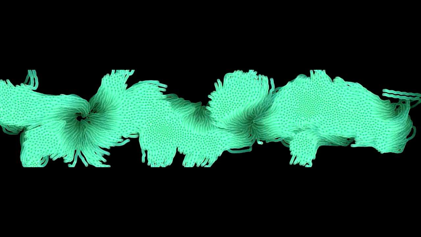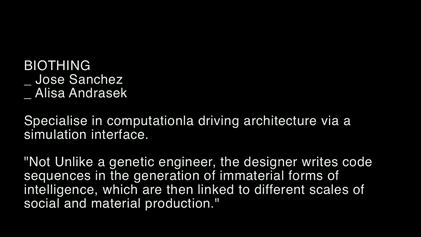And a very good example is this iteration here by Jose Sanchez, which is a modification of a flocking script. Jose Sanchez's simulation is a very good example of calibrating the script to really derive unconventional organizational outcomes. Something that he's been really working towards is understanding these concepts and organizational behaviors and applying them to architecture, and that really brings up his work, which is part of BioThing.